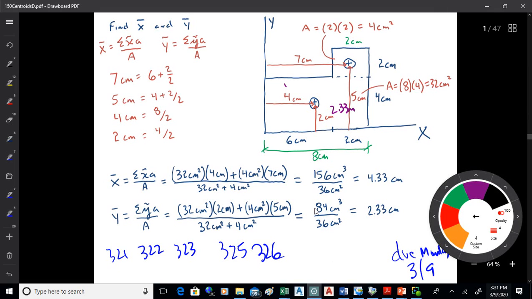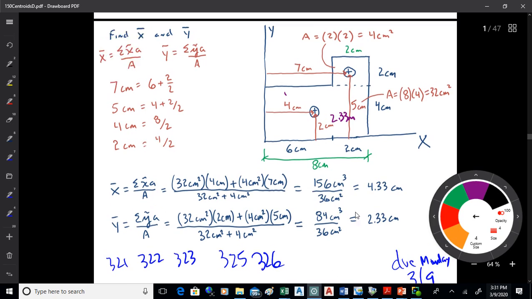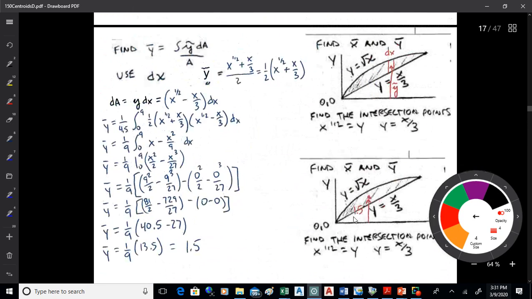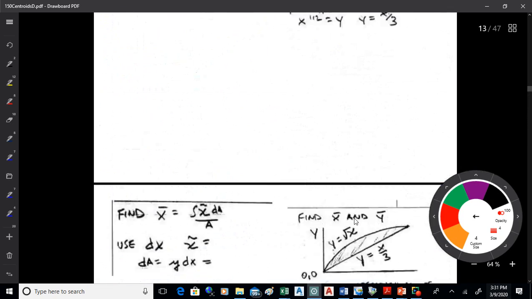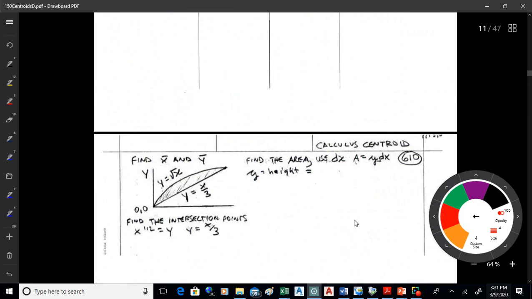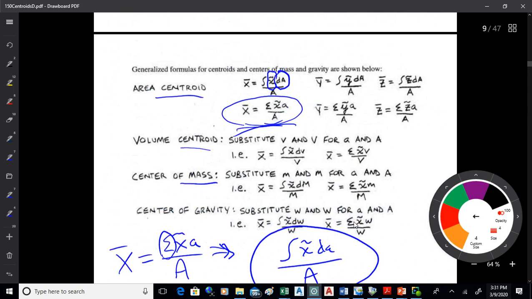There we go. So we were going through centroids a bit, so let's keep going with that. A centroid is a center. The formula to find a centroid is basically a weighted average. So if you want to find x bar, you sum up